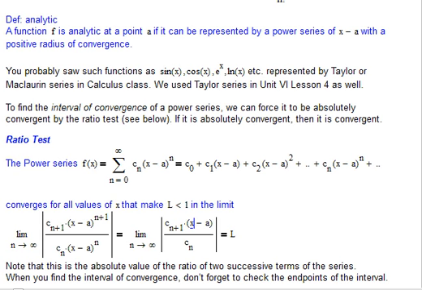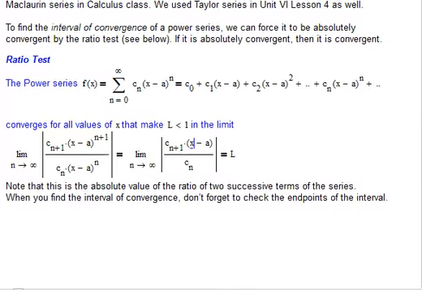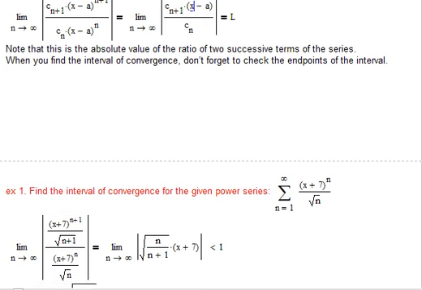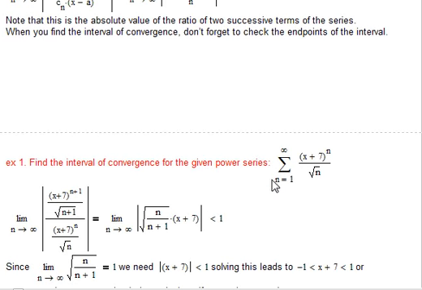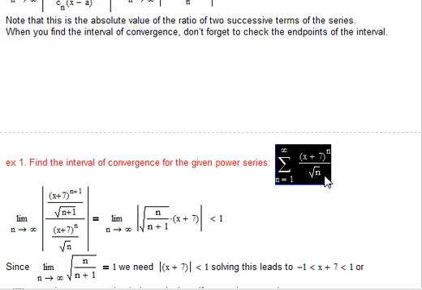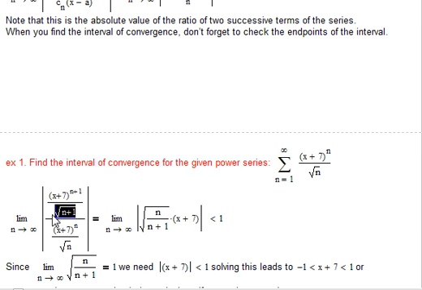So find the interval of convergence for the given power series, and this is n going from 1 to infinity, (x plus 7) to the n divided by square root of n. So we take the limit as n goes to infinity of the n plus first term, so that'd be (x plus 7) to the n plus 1 divided by square root of n plus 1, over the nth term, which is (x plus 7) to the n over square root of n. And if you put that together,